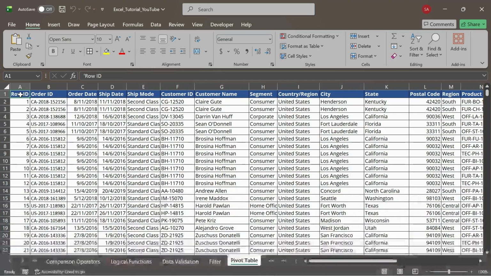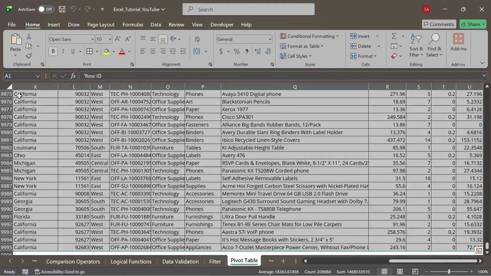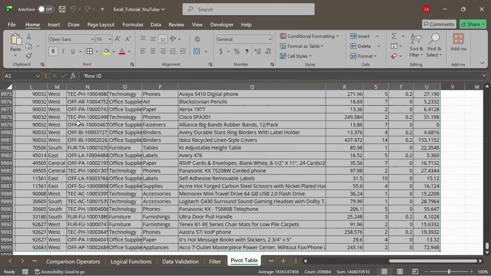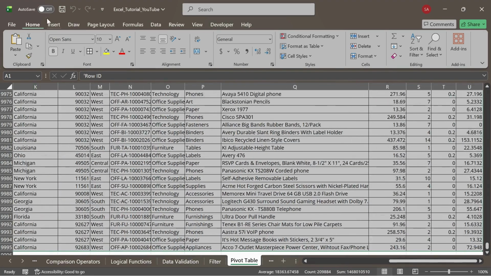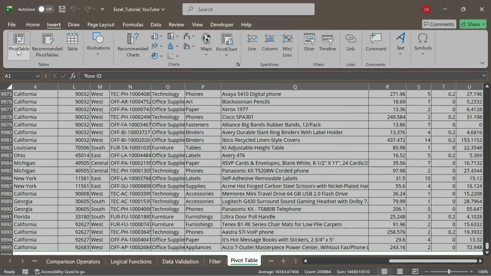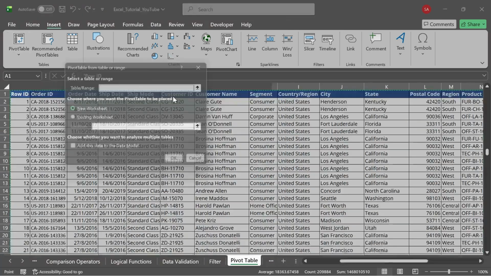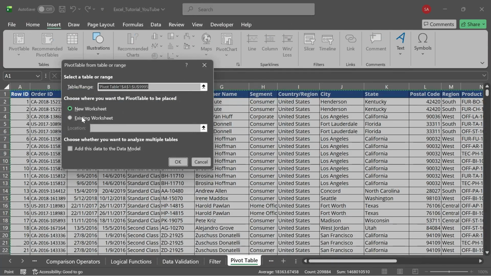So firstly, I have selected cell A1 and I am pressing Control A to select it. My complete data is selected now. Go to the Insert tab. Here we have multiple options, and under the Tables option you will be able to find PivotTable. Click on the From Table/Range option, and this pop-up will come up. Here this is the table range we have selected, right? You can select the range as per your requirement and